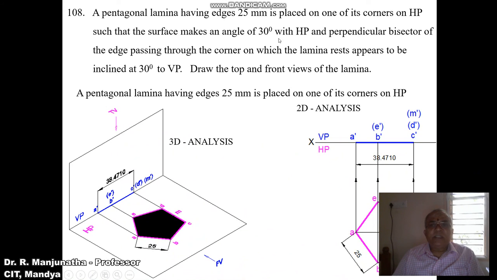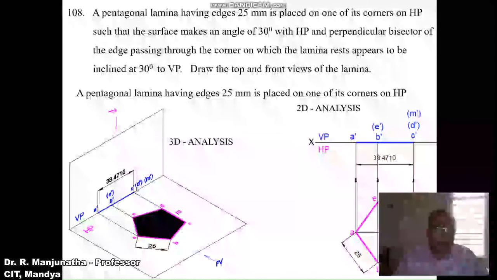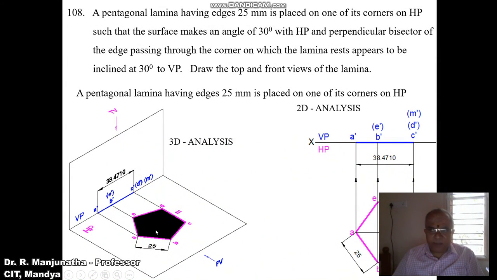Now, as we see, here the surface is perpendicular to VP, so that is the reason why we are getting a line in the front view, and it is parallel to HP, so that is the reason why we are getting the true shape in the horizontal plane. So this is how you have the orthographic view, wherein the perpendicular bisector A dash M dash is parallel to HP, so we get the true length in the horizontal plane, and the perpendicular bisector AM is parallel to VP, so we get the true length in the vertical plane. Here, when the surface is rotated, it will become the true inclination.